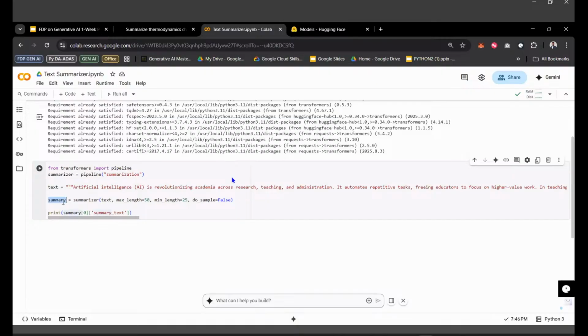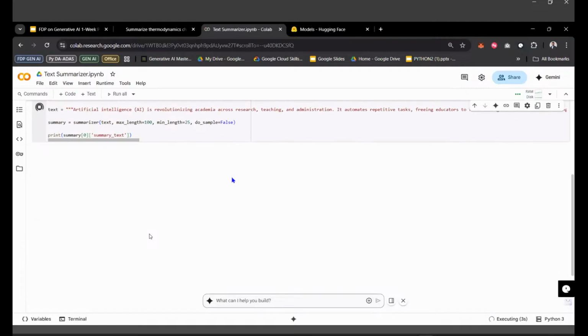Again, I've created a variable called summary, telling the summarizer to go and hit my text, whatever text I've given right now, and it should be summarized with a maximum length of 50 and a minimum length of 25. do_sample is false, and I'm printing my summarized text. Simple. Whatever text I give, a very long text or abstract, it should be summarized with a minimum of 25 and a maximum of 50 or 100, right? Let me click on the run option, and it will start functioning for sure.